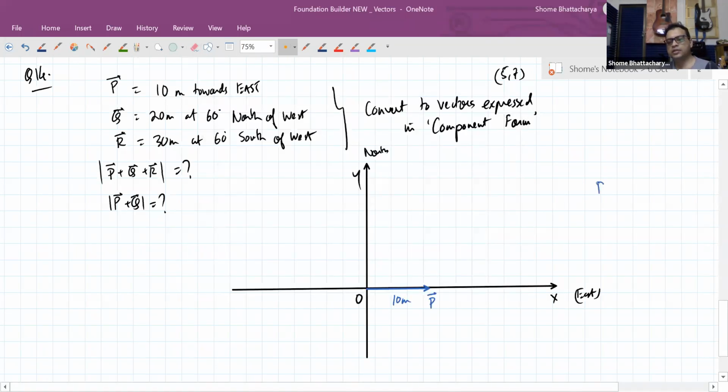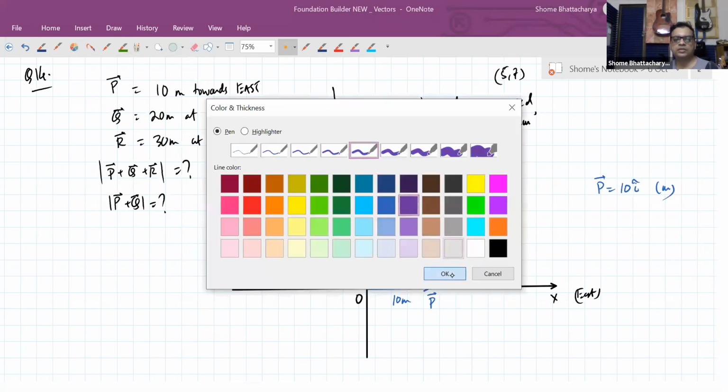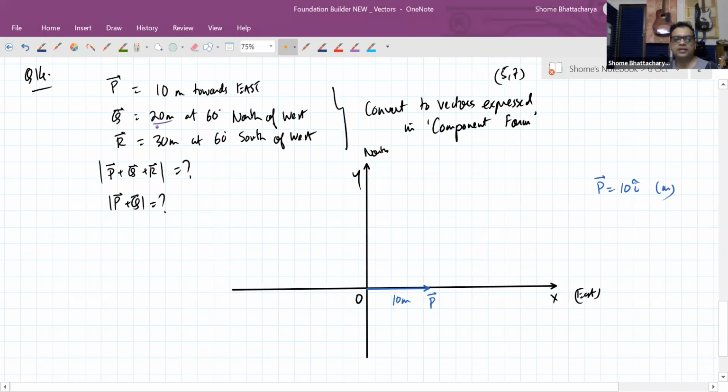So I can write the vector as 10 i cap in meters. Okay. Now in the same instance, it's given to us that the vector q is now like this. It is 20 meters in magnitude, but it's at 60 degrees north of west. So north of west means from west you go towards north, but by an angle of how much? 60 degrees. So the vector